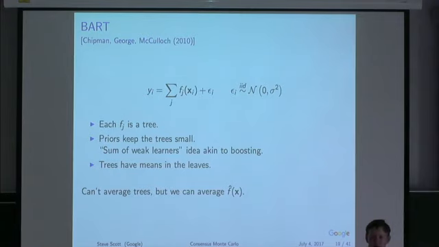In the previous examples, I was able to average the parameters that came out of the MCMC, but there are no parameters in a tree. You can't average a tree. But we can average the predictive distributions. The purpose of a non-parametric regression is to stick in an X and get a prediction out. So there's a predictive distribution that goes along with each X, and that's something that can be averaged.